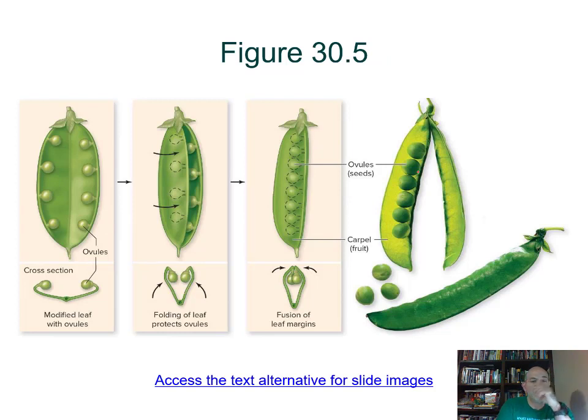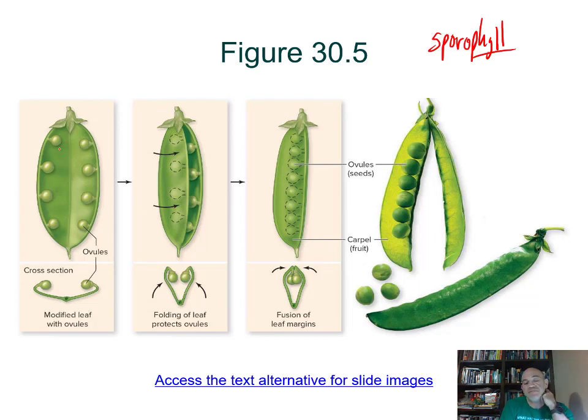So if we talk about the origin of the carpel, and we think back to some of the other plants we've been studying, the sporangia can develop underneath or on the leaf itself, and the leaves that bear these sporangia would be called sporophylls. So this was a term we brought up before. The sporophyll is a leaf that has structures that produce cells. So imagine if you had sporangia here, and these would be, say, megasporangia,